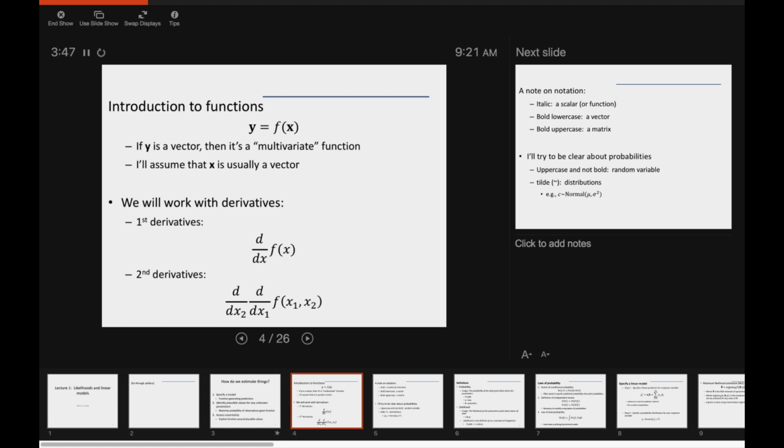This class is a little dry, I should tell people. This is foundational statistical methods. And